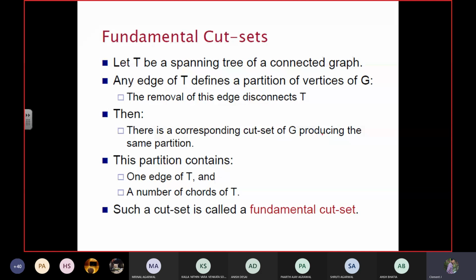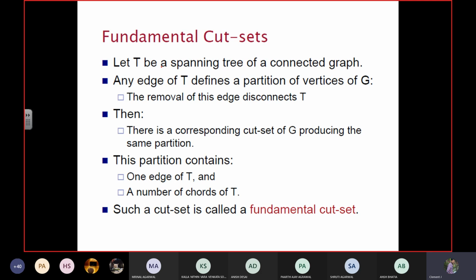Quickly, I can get into another important topic. See here, fundamental cut sets. You have already come across the definition of cut set and cut vertices. So here cut set is classified into another topic, which is called fundamental cut set. Here there is one important condition you need to add to this definition. So what is the important thing you need to know on this fundamental cut set?